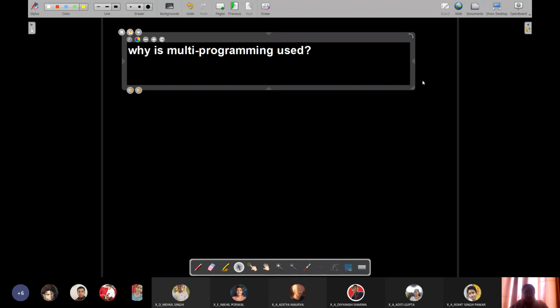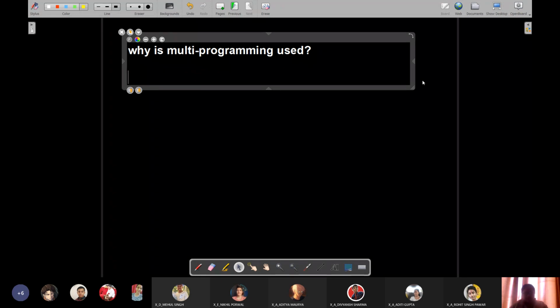Even a person who types 40 to 50 words per minute is considered very slow when it comes to CPU speed. Within that time interval, the CPU can execute other tasks also, right?